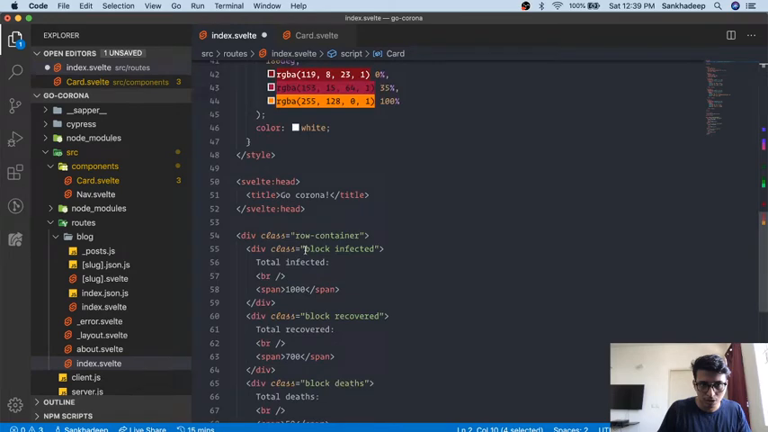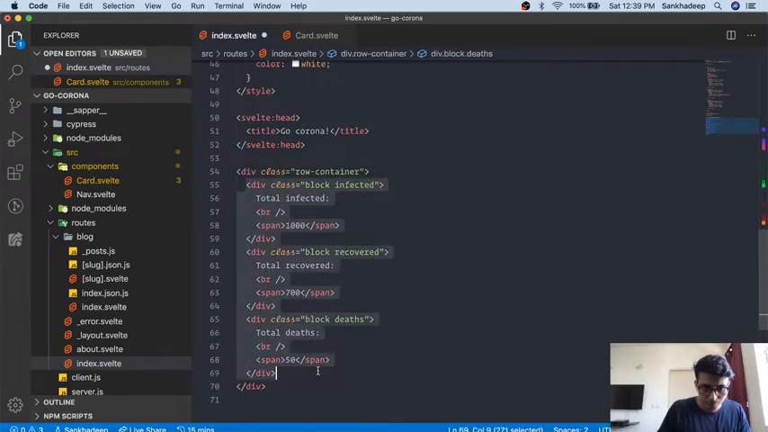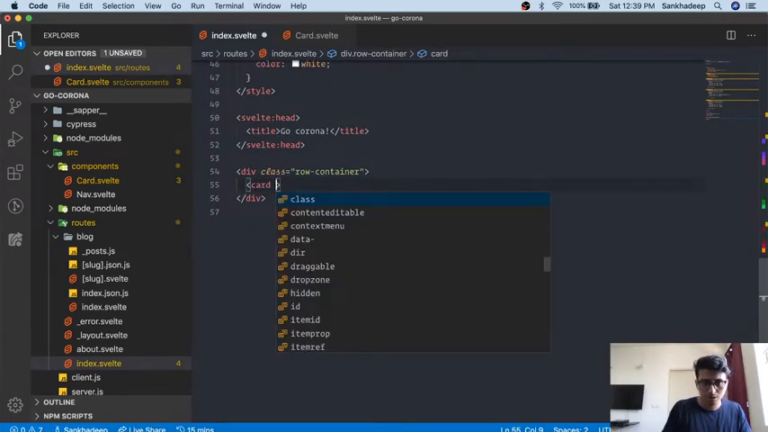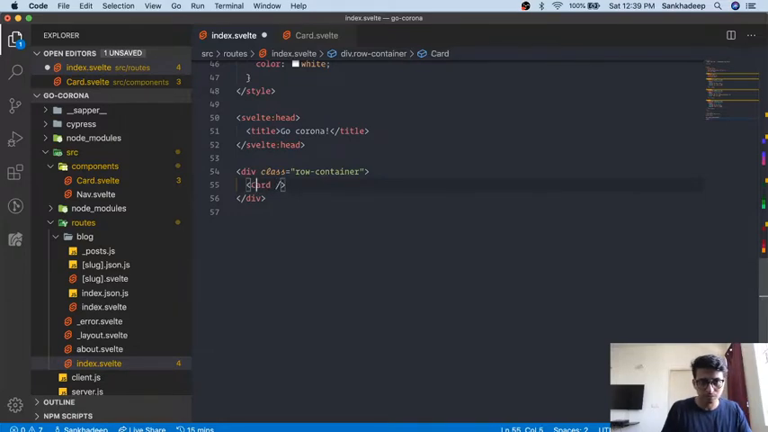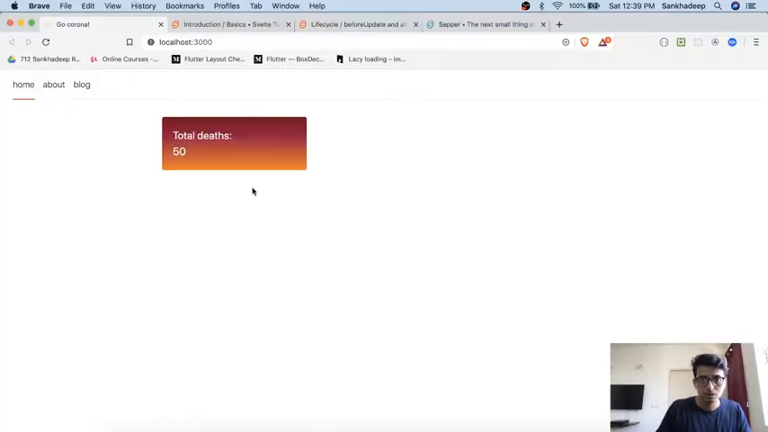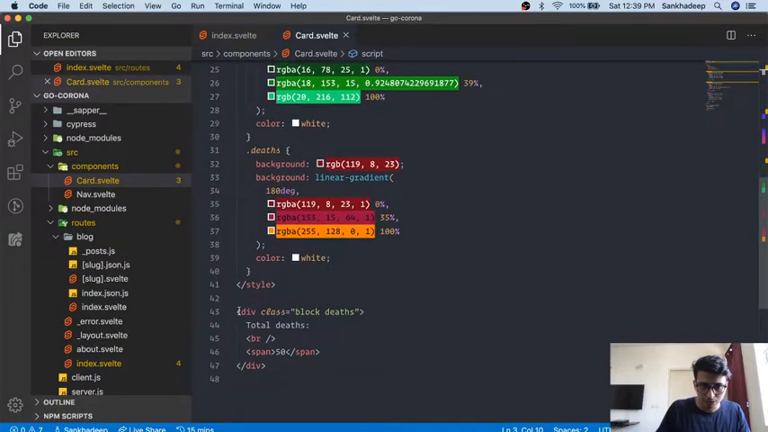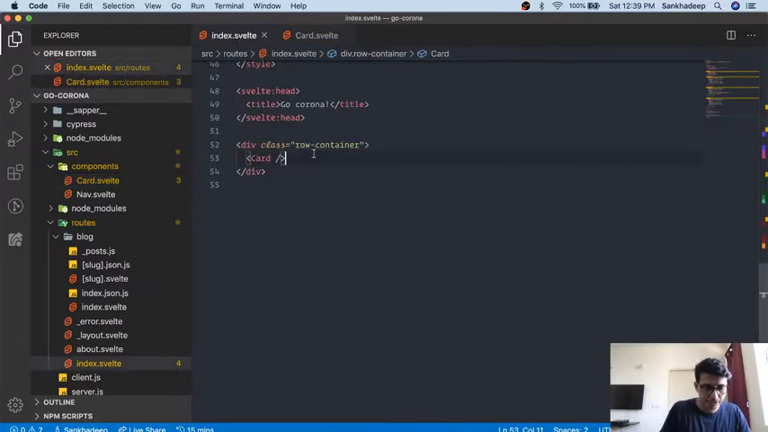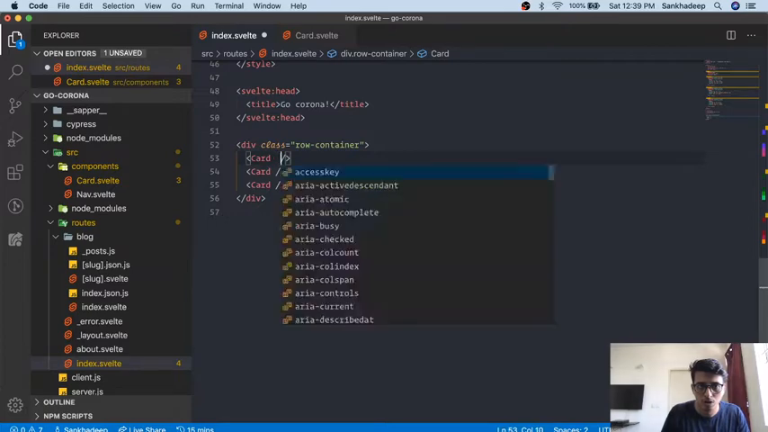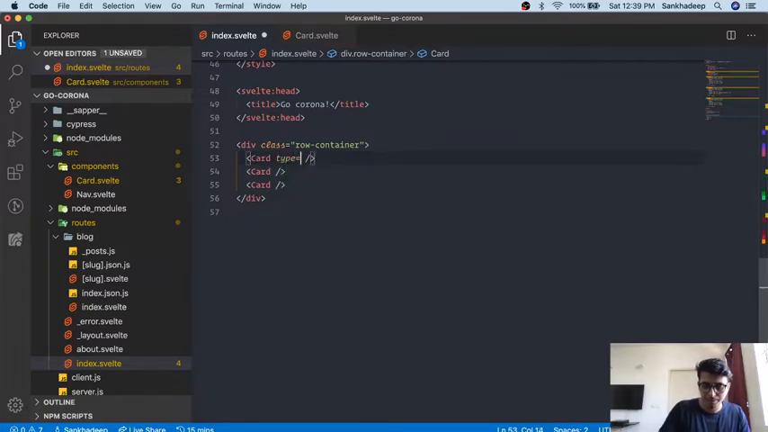Let's use a card component here. It's rendering the one component that we have here, which is just this. So we'll need 2 more. It will have a type. Type will be infected, recovered,